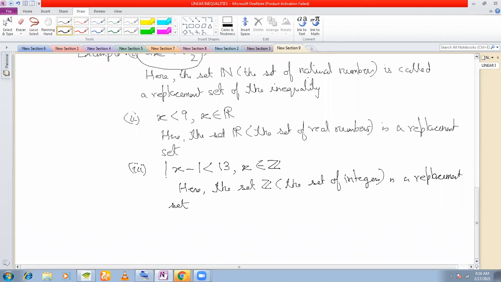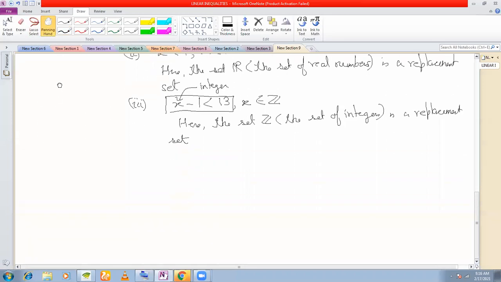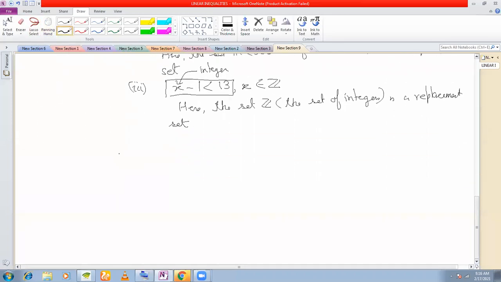So here in this inequality, what can x be? x can only be an integer. Similarly here, x can only be a real number. Now let us take an example to illustrate the importance of